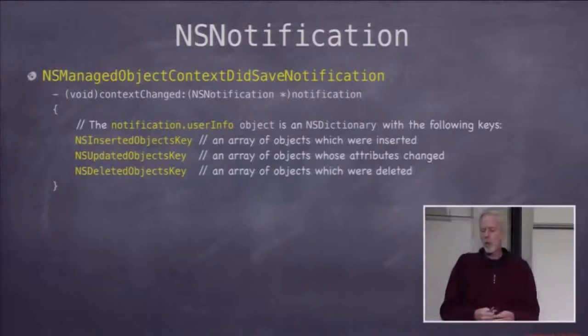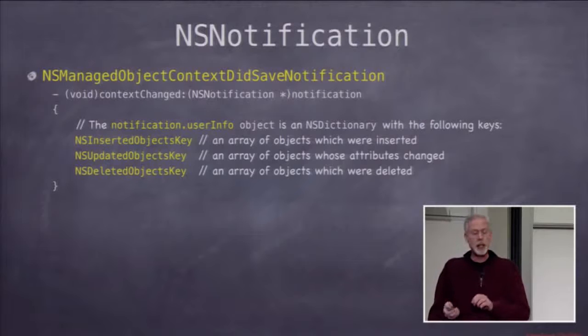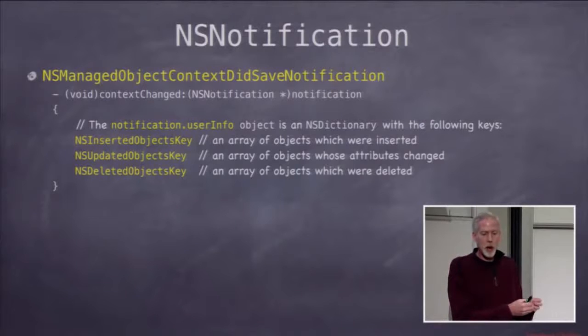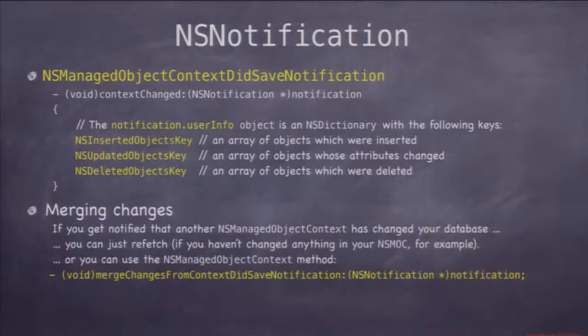And what would I do when that happens? Well, two things. One, I could just refetch all my objects. Okay, I know the database has changed, so I'll just refetch them all. We haven't talked about fetching, but I could refetch and get a fresh set of everything. But actually, this context did save notification gives you a dictionary inside of its userInfo with three arrays that are a list of all the objects that changed. And you can merge those changes into your context using this NSManagedObjectContext method, mergeChangesFromContextDidSaveNotification. You just give it the notification, and it'll automatically merge all those changes into your context,